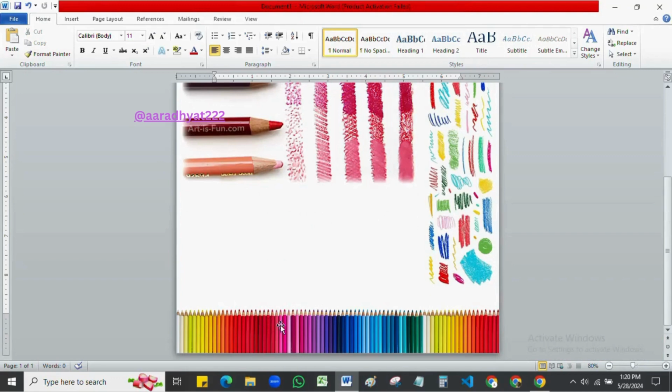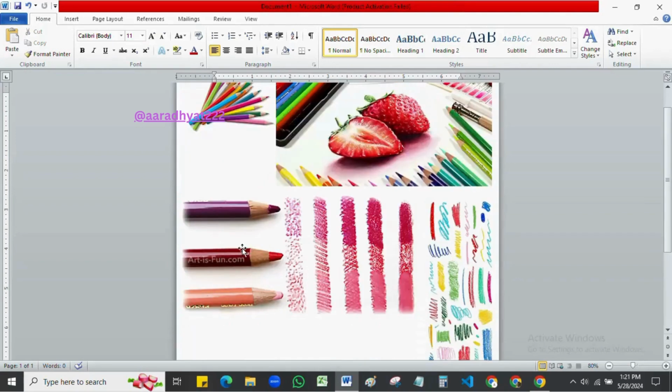So this creates a nice border for me. For my project, I can cut this as a ribbon and attach it to this. Another thing that I can do is,